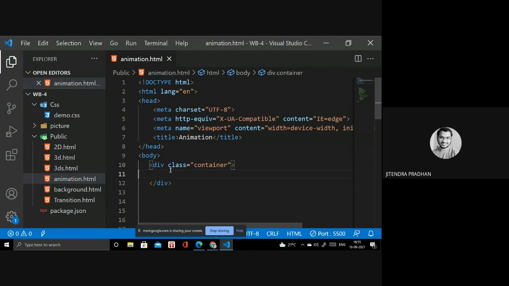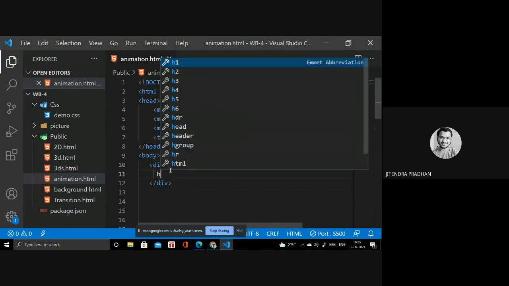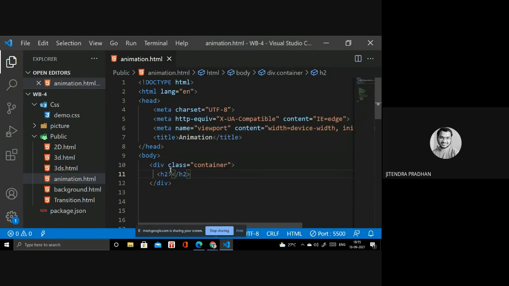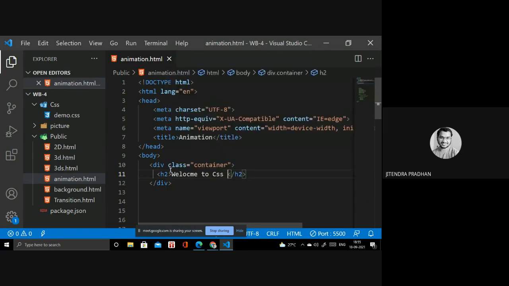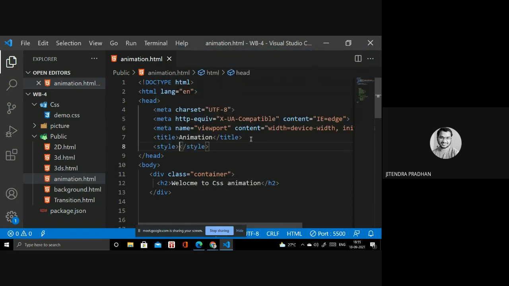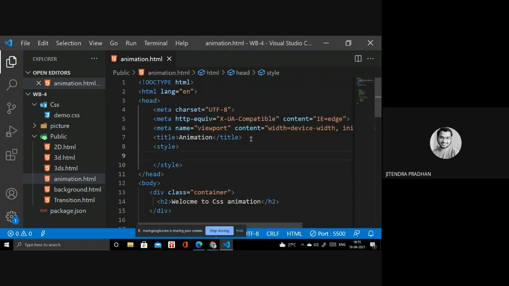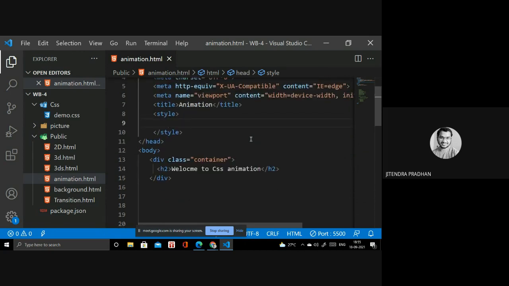So inside that, I will write a heading, like welcome to animation. Okay, done. So we have done the HTML part. Next, we have to go forward to the CSS style. Inside the style, you have to write the container, and then the keyframe.